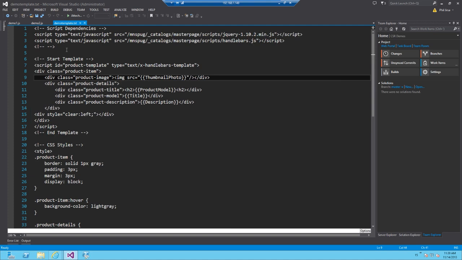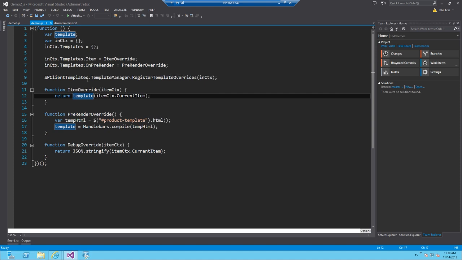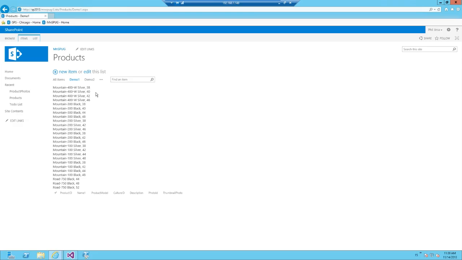So let's see how that works. I've already uploaded this file. I put it in the master page gallery of my SharePoint site, and I'm going to point a content editor web part at it so that it will load on our list view page. And then demo 2 is the JavaScript file I'm going to point the JS link property at this time. So if I go back over here and switch over to demo 2, now with some good luck, we should see